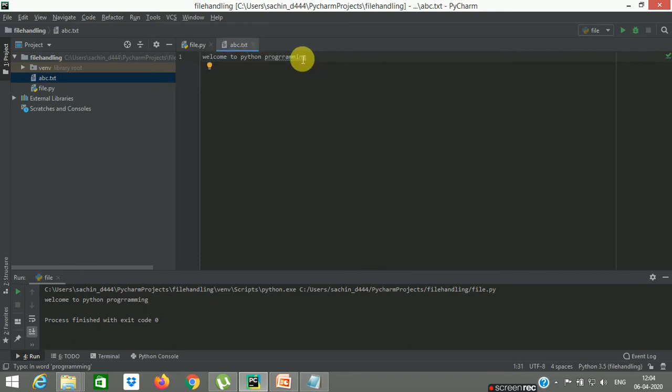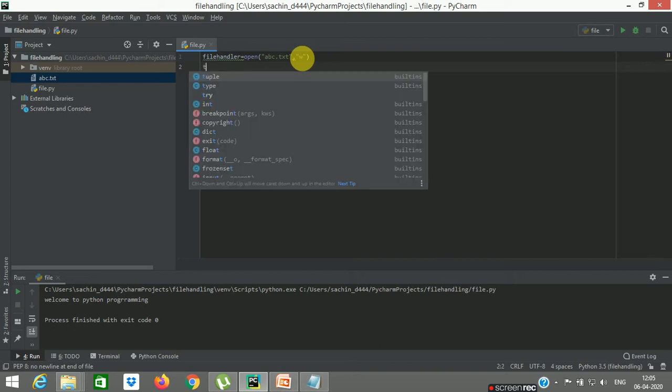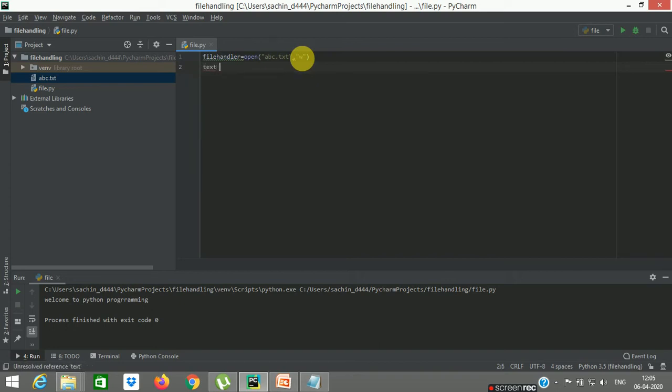Okay, so let me overwrite the contents in the file. For that, what I need to do is use w as the writing mode so that I will be able to write the contents in the file. Now to write the contents or a string, obviously I need to use one variable called, let's say, text. So in text I can write the new contents,